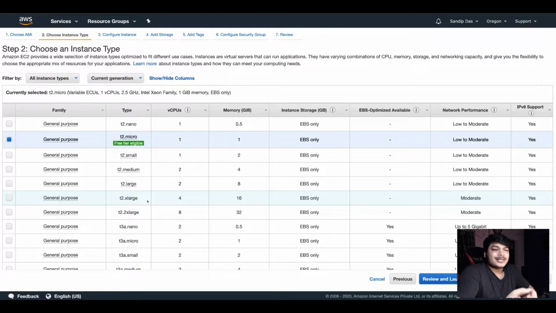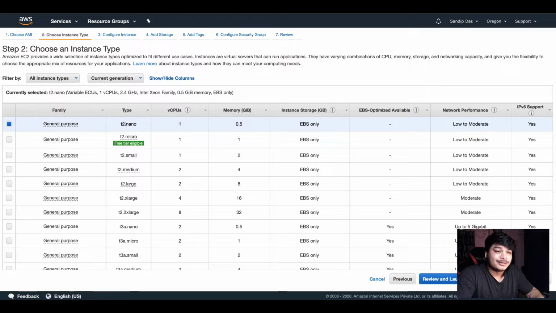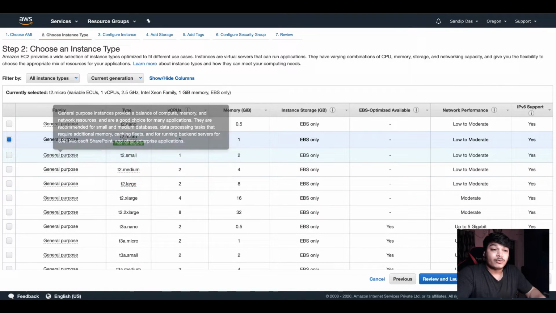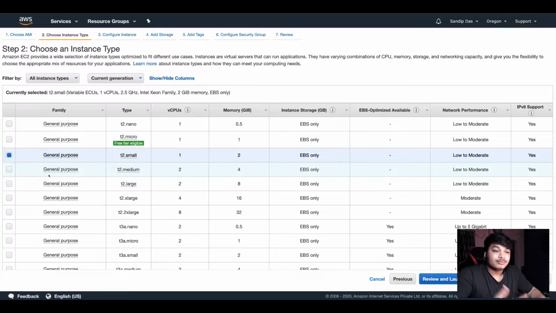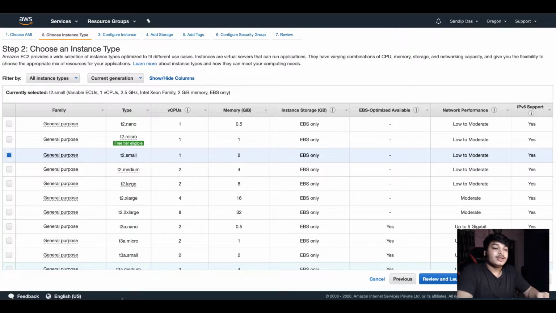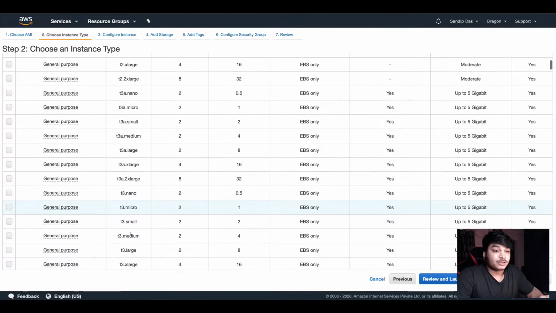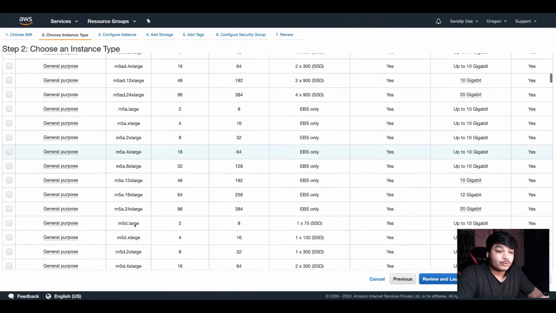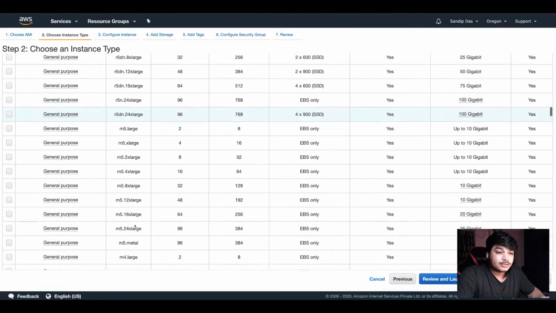If it's a small application, just a hello world, it is wise to go with T2 Nano. But if it's a medium application or a little more code running, with some requirement for memory and CPU, then go for T2 Micro. If it requires more CPU and more RAM, then go for the T2 larger sizes. In a similar way, as the requirement increases, you go for higher and higher instance types. If you have a very large application that requires a very high amount of CPU processing power, then go to the C series.